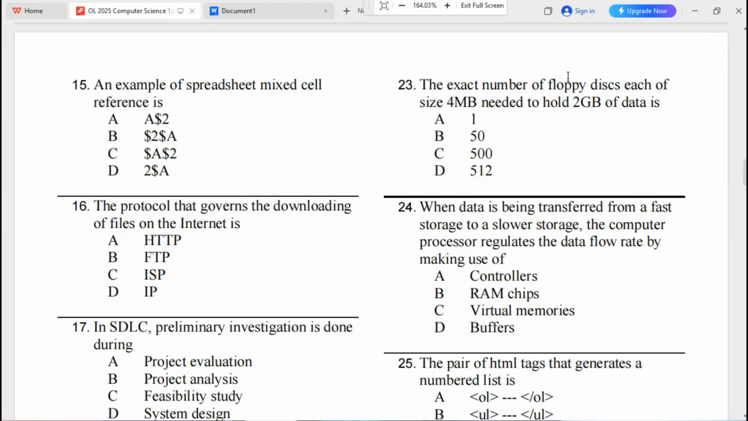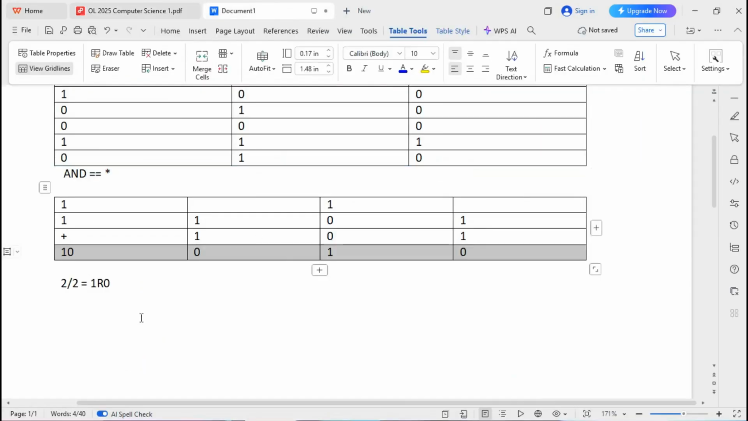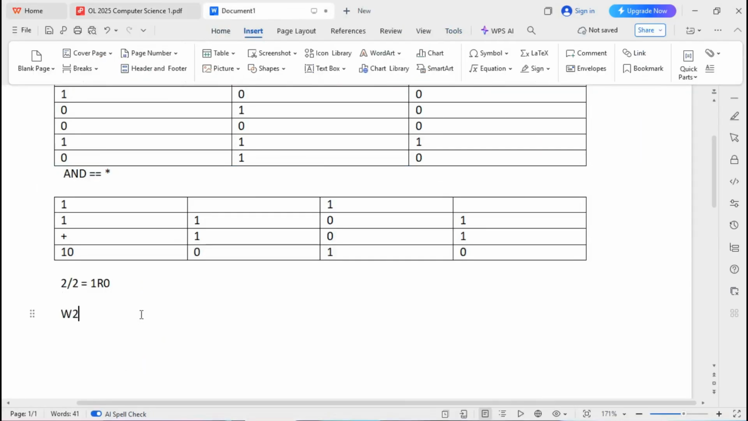Question 23, the exact number of floppy disks, each of size 4 megabytes, needed to hold 2 gigabytes of data is. To do this, we have to bring these two values down to one common unit. We can start by converting megabytes to gigabytes or gigabytes to megabytes. I prefer converting gigabytes to megabytes. So let's go here. We have 2 gigabyte to megabyte. Now 1 gigabyte is equal to 1024 megabytes, implying that 2 gigabyte is equal to